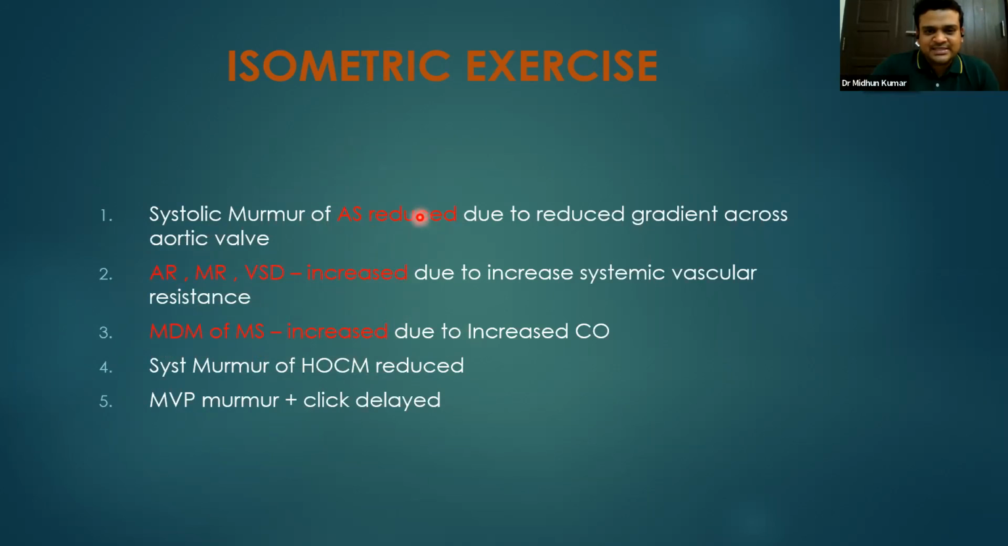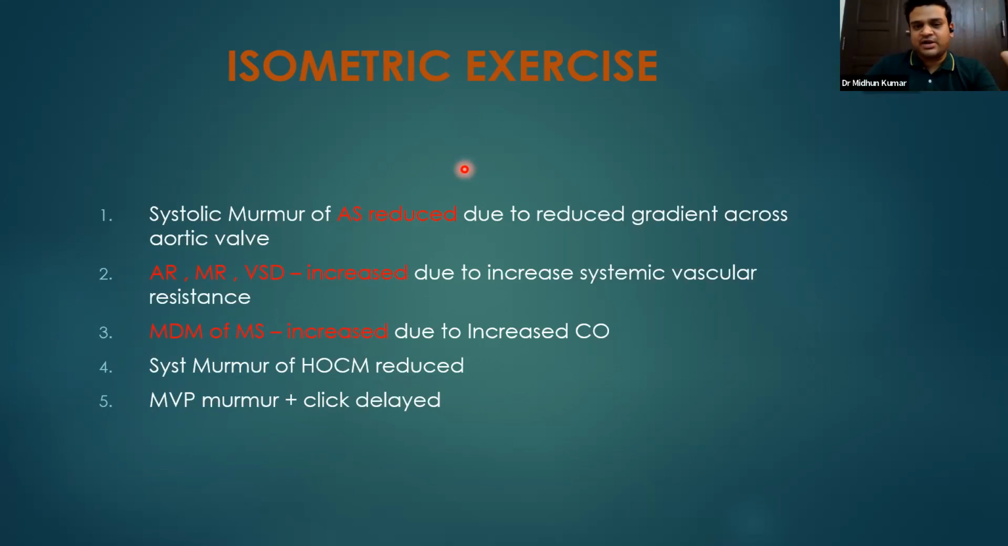So this isometric exercise is very important, because all LVOT obstruction is going to decrease in intensity. So the murmur of AS will be reduced. The murmur of HOCM will also be reduced. This is very, very important. In all other conditions, the dynamic auscultation between AS and HOCM will be different. But with isometric exercise, since it's an LV outflow tract obstruction,